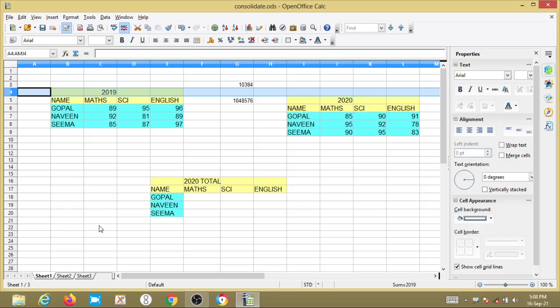That is why the arrangement of rows and columns is called a spreadsheet.